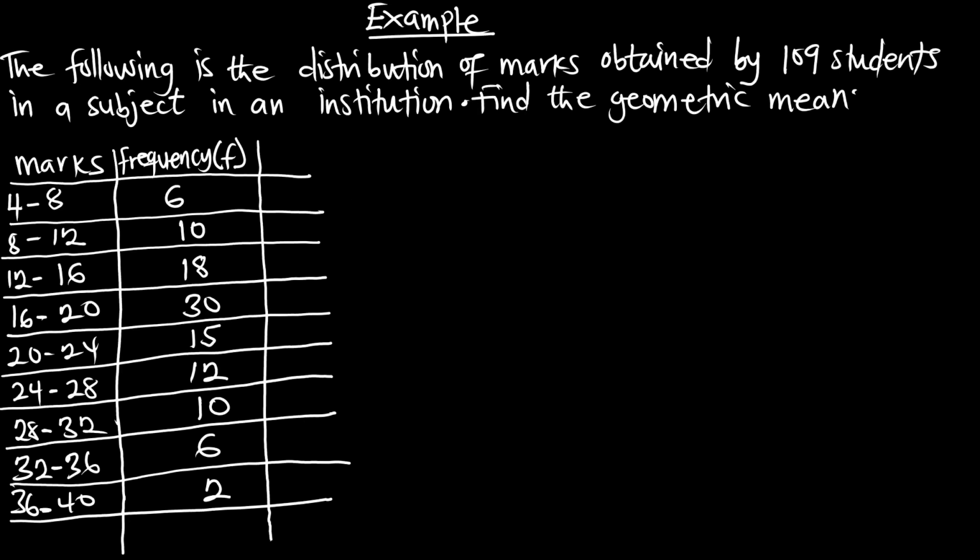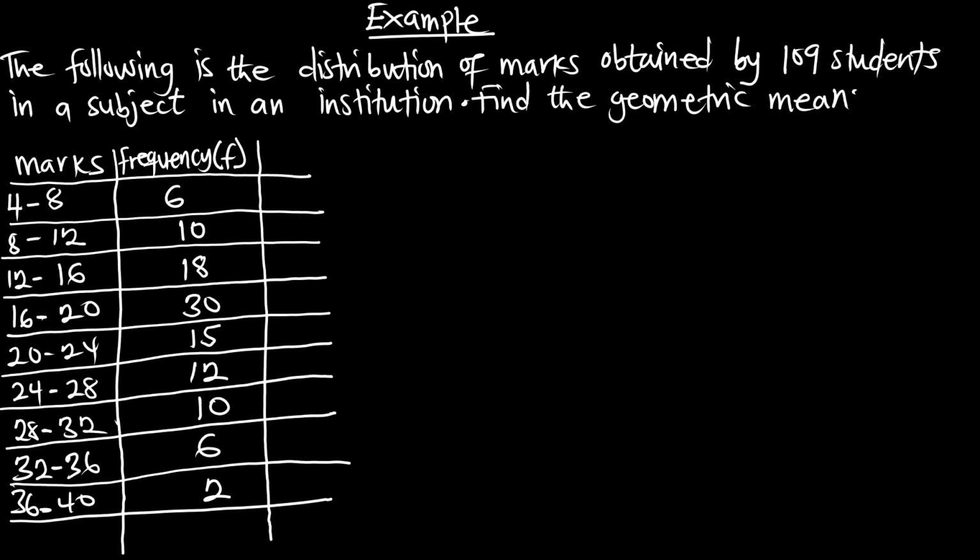Example 2. The following is the distribution of marks obtained by 109 students in a subject in an institution. Find the geometric mean. Once you see the table, you can see the interval, meaning this is a group data. So you recall your formula for group data, the formula to find the geometric mean, where we saw that our